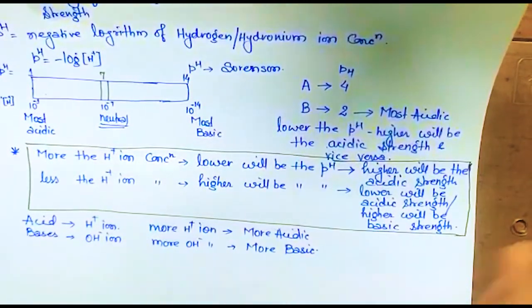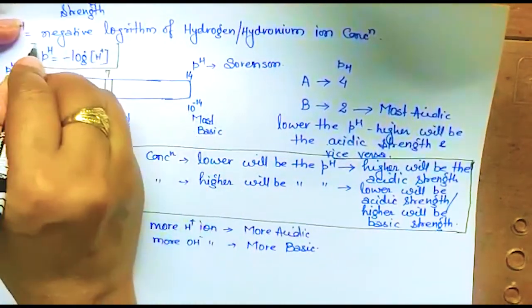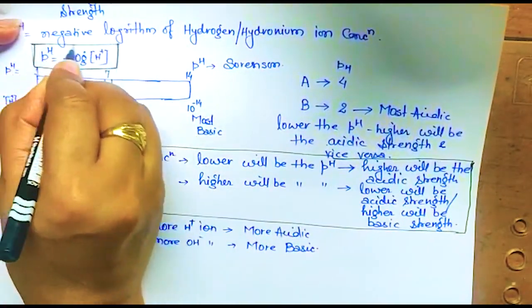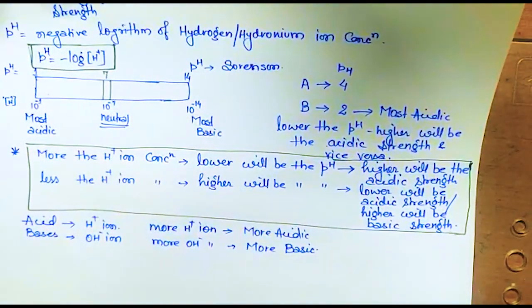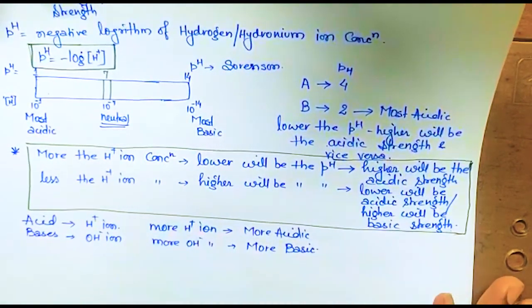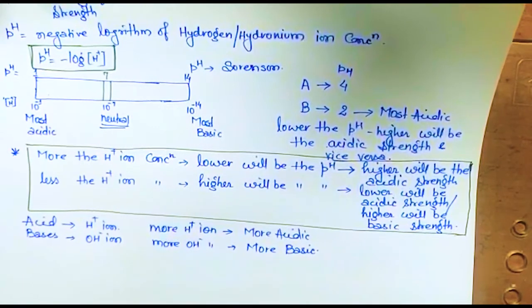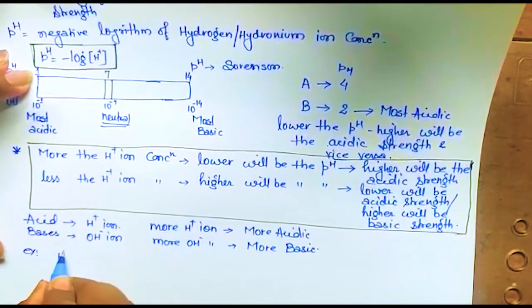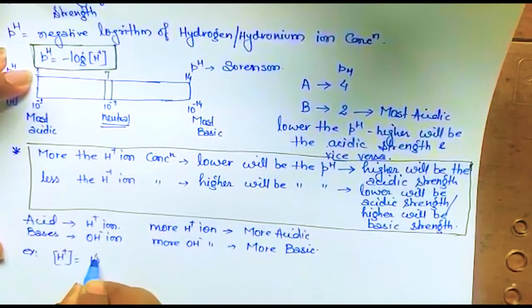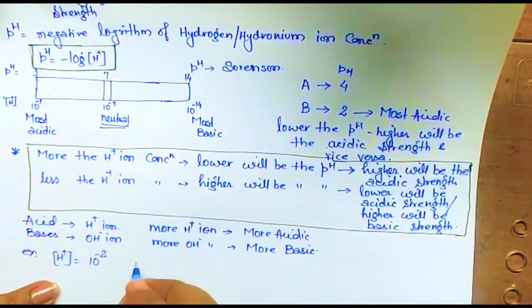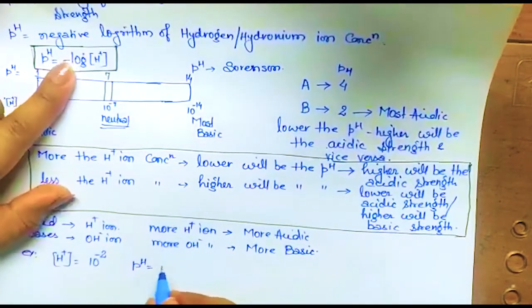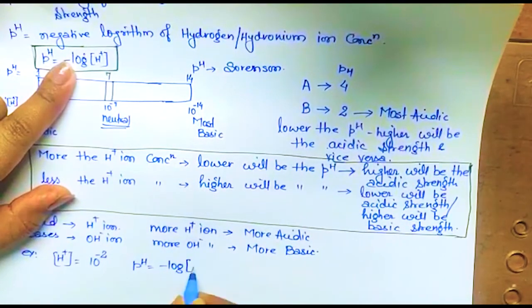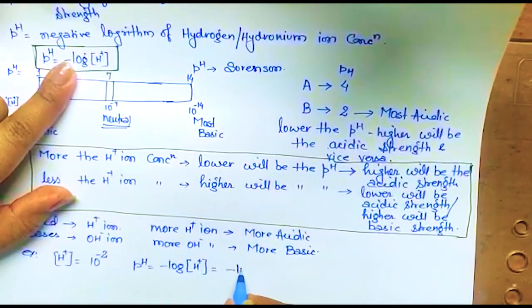Okay. So this is the pH formula you should learn, and the use of this formula will come in higher classes. Okay. This is a point. I hope it is clear about the pH. And there is a very simple way to find this pH. Suppose I give you H plus concentration 10 to the power minus 2. So what will be the pH? The pH formula we know is minus log H plus, that means minus log 10 to the power minus 2. What you have to do?